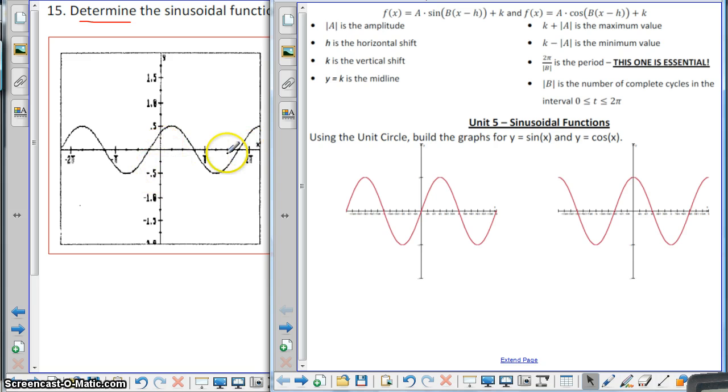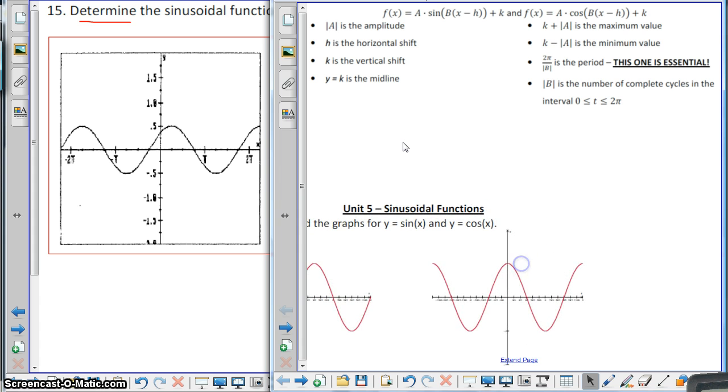Somewhere where I start is to figure out whether I want to use sine or cosine. That usually depends on which is closer to the y-axis. If the midline of the graph is crossing close to the y-axis, I'll probably use sine. But if the top of the graph is closer to the y-axis, then I would probably use cosine. So looking over here, the top of this graph is really close to the y-axis, so I'm going to use cosine